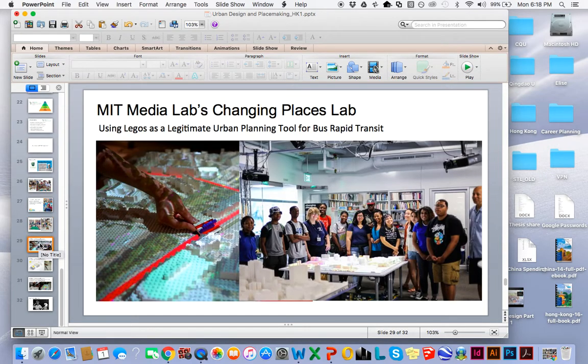The way that we're doing public space engagement at the Media Lab is through a specific lab called the Changing Places Lab. And most recently, we led a project, and one of my classmates, Phil Tin, spearheaded this project to work with local residents of a neighborhood called Dudley Square in the heart of Boston to plan for bus rapid transit, or BRT. And you can see in the image to the right the group of students that helped develop this